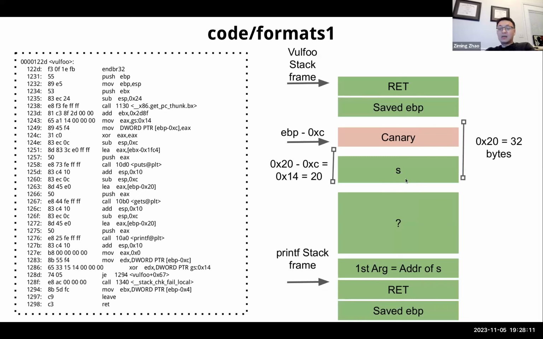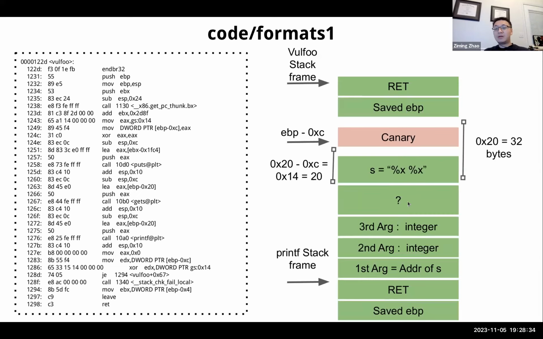That is, the first argument here is the address of where s is. When we input a regular string, that string will be copied here. Then printf will not look for more arguments, right? It only believes it has only one argument. It will not look for other arguments, so it will not read this part. However, if you have a %x here,